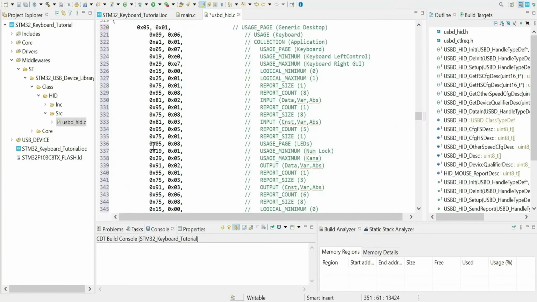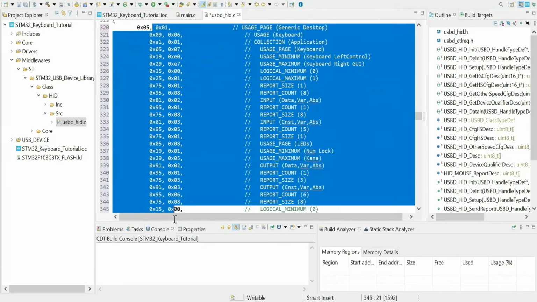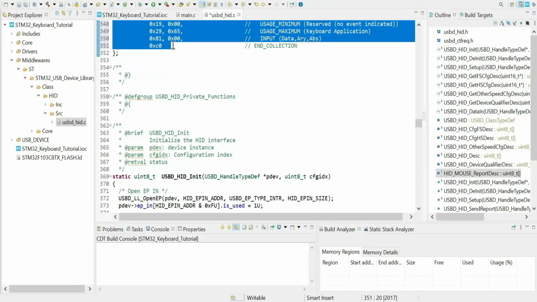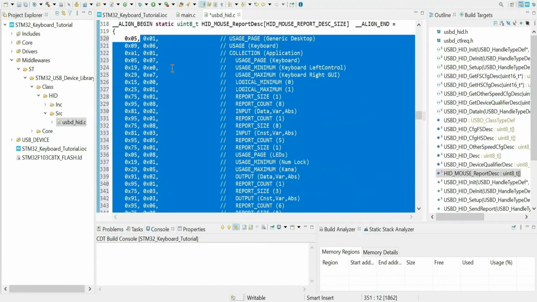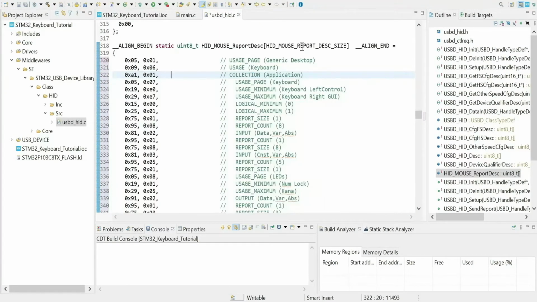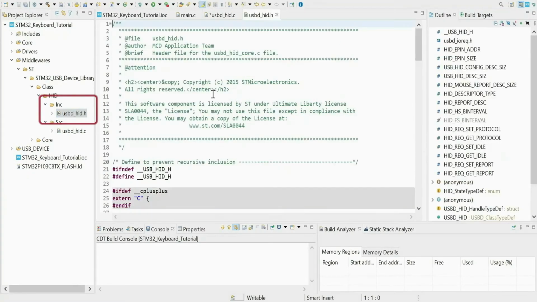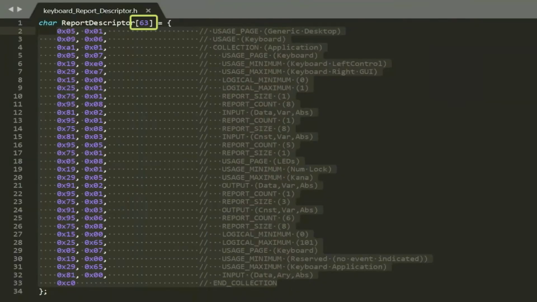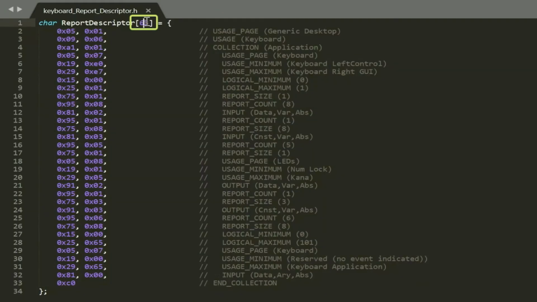Let me correct the indentation. We also have to update the array size in the header file. Default size is 74, which is for the mouse report. But in our case it is 63, so let's replace it by 63.